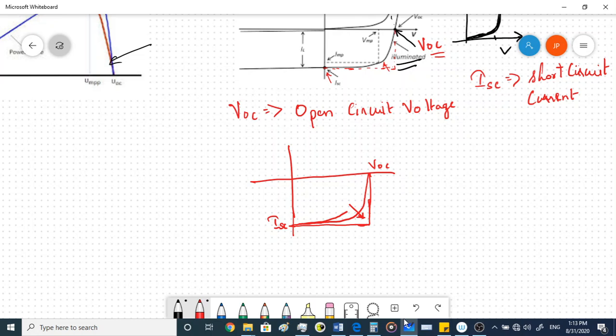Now there is something known as your fill factor, right? Fill factor, you must have heard about this term when you learned about solar cells or when you have done your measurements. Now what is fill factor? Now in this graph, first of all you need to find what is the power, and where is the power maximum. This is where you want to operate the solar cell, right?